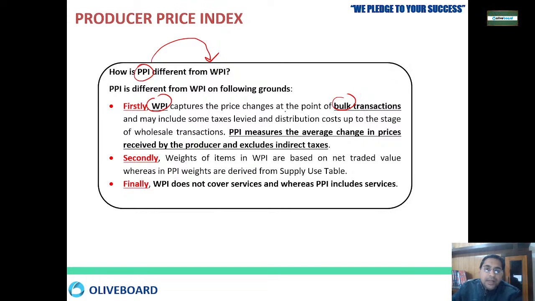Okay, and PPI measures the average change in the prices. उसमें price change देखते हैं और WPI में bulk transaction देखा जाता है. Okay, then